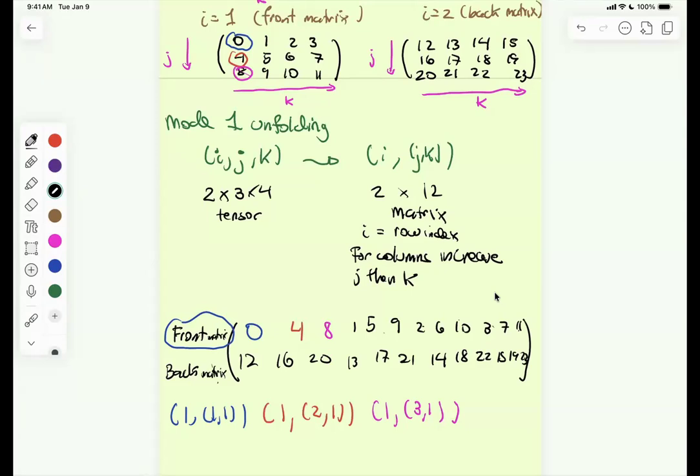And hopefully it's possible to imagine that this is a reversible operation: if we started from this matrix and I asked you to turn it back into a tensor of size 2 times 3 times 4, you can go backwards. So this is maybe a bit easier to go from the tensor perspective to the